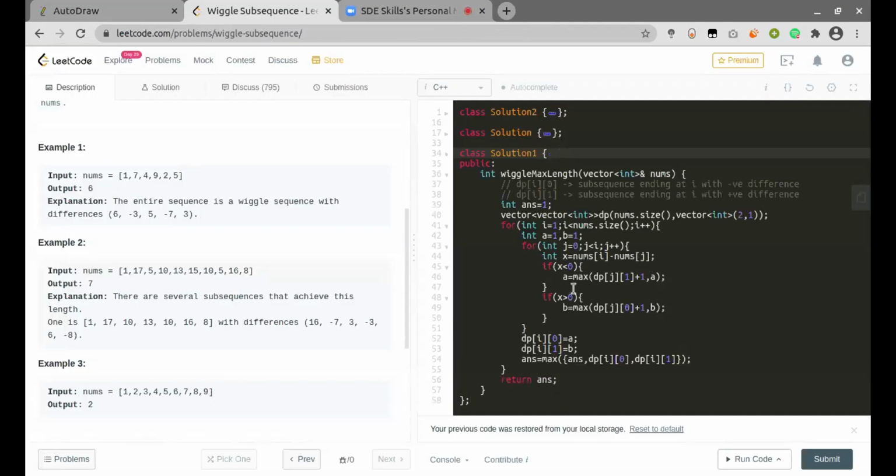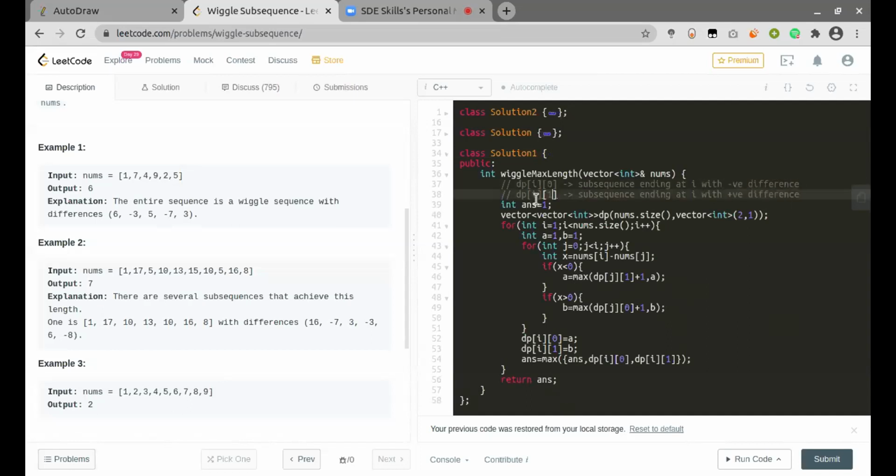Okay. So this is the n square approach, which is similar to the LIS implementation. So I have declared a 2D vector, which is n cross 2. Let's see what this is. DP of i of 0 denotes the subsequence ending at i with negative difference, so it is ending with a decreasing sequence.